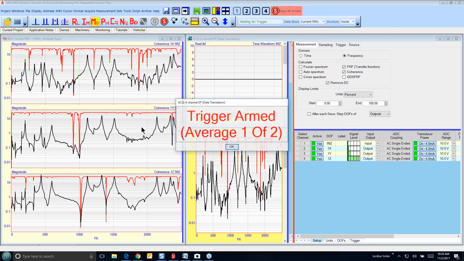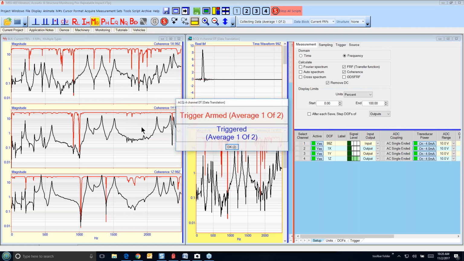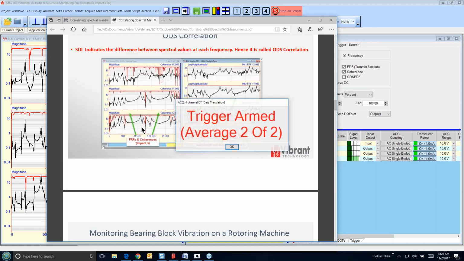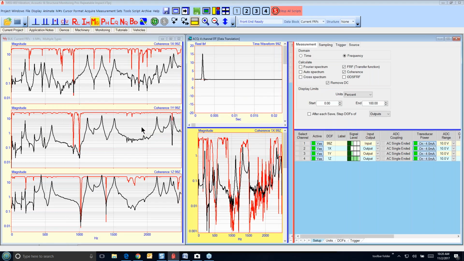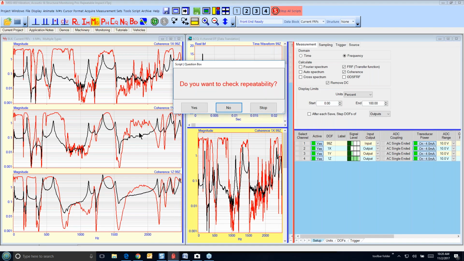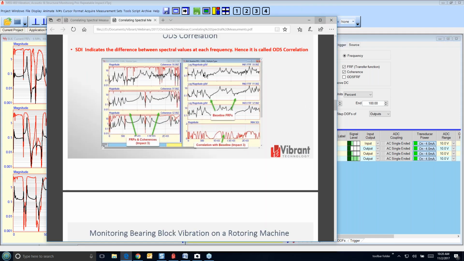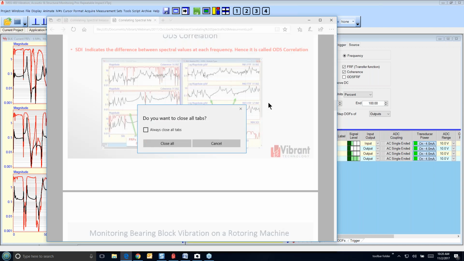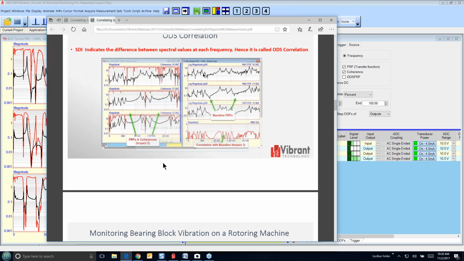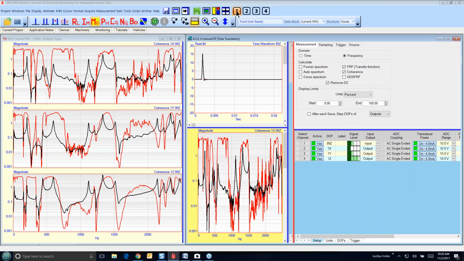Yes. I'm going to just hit over here on the back side of the gem beam. And you can see I'm getting a bunch of stuff on the screen here, but there it is. You can see the coherence was not too good because I didn't hit in the same place twice. So let's do that one over again. I'm going to turn off my, let's just get rid of that so it doesn't keep popping up on the screen here. Oh no, yeah. All right, now we're going to start over here.